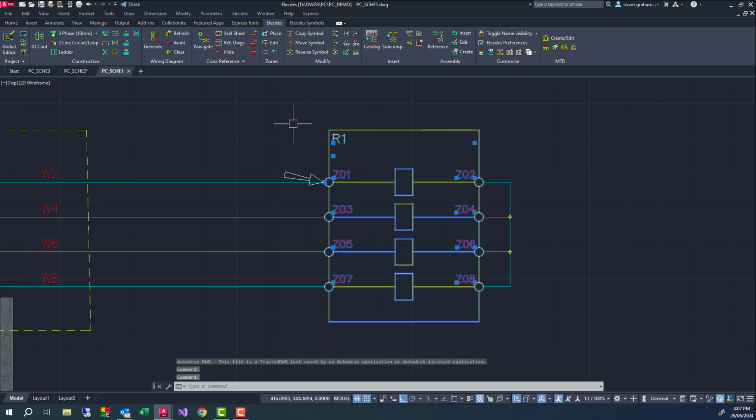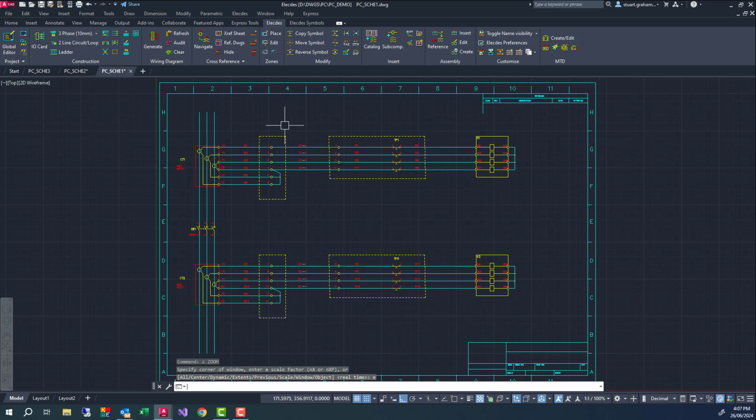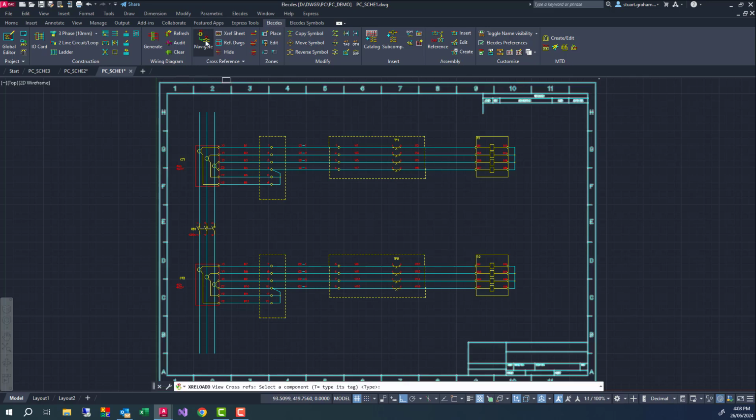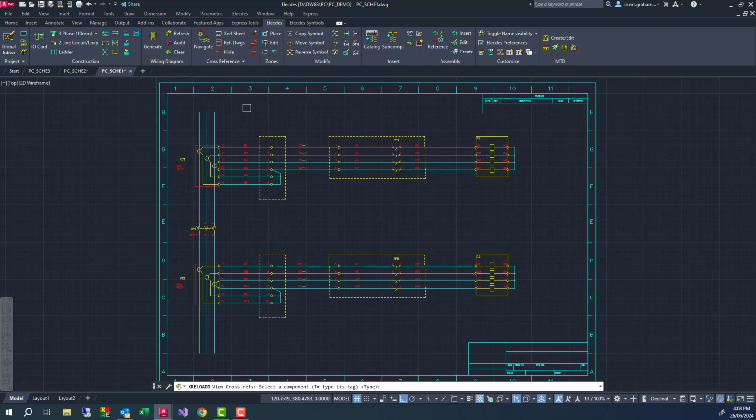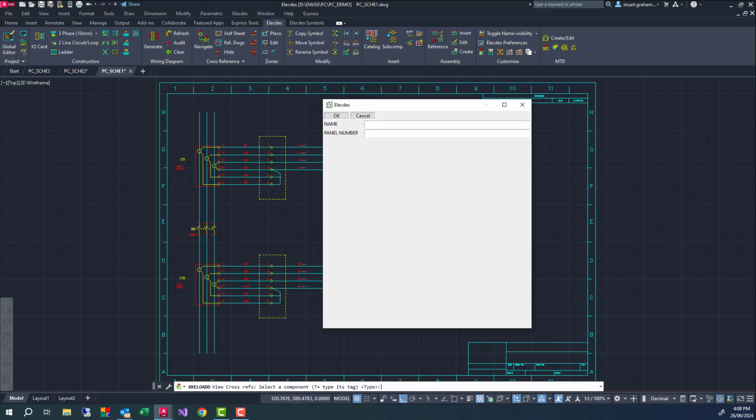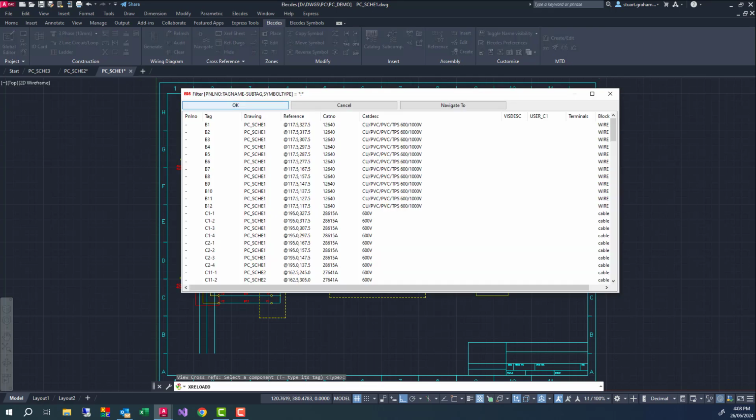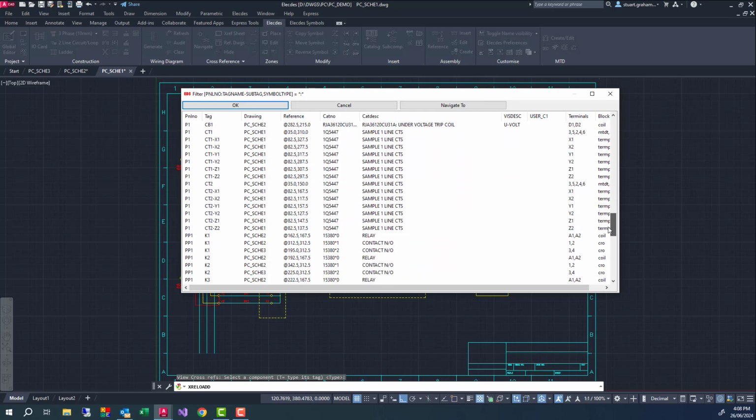Navigation is not restricted to components on your current drawing. For example, you can enter wildcards in a search. I'll search for any items with a tag name of W star. The asterisk is a wildcard meaning any text. If you don't type any search text, the tool will list all components and conductors, then choose any component to navigate to it. I'll navigate to one of the test plugs.